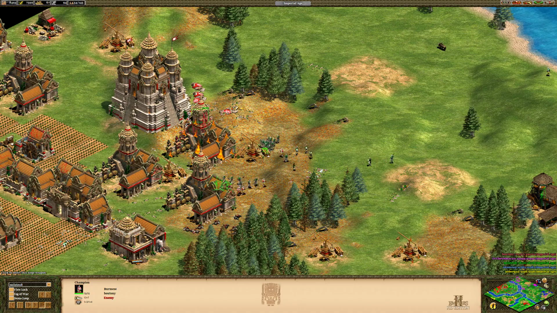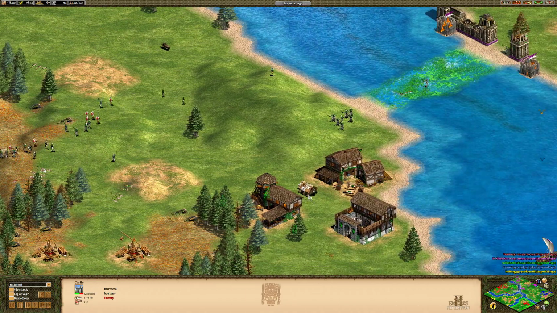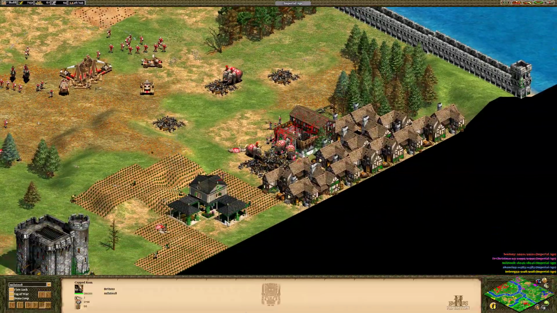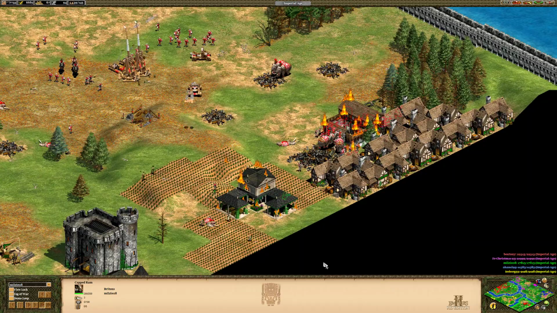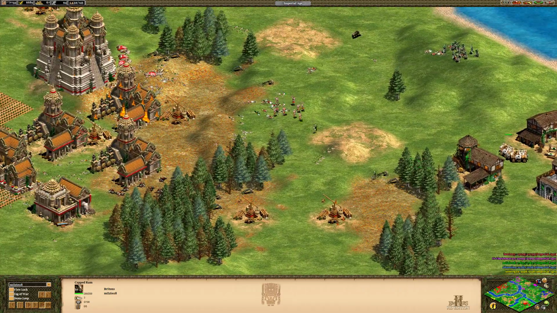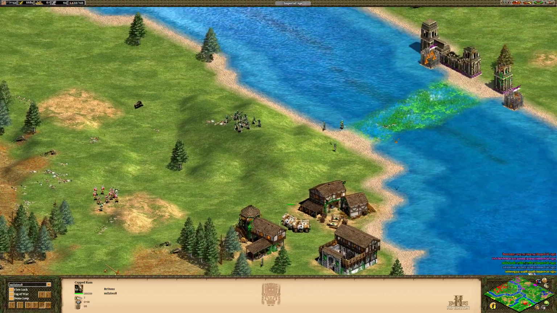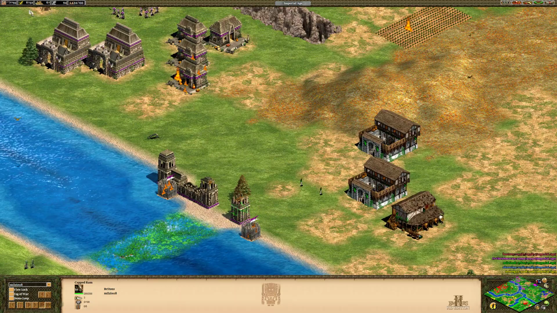But these champions are going to make short work out of these crap rams. All right. Going back down to the bottom. We got the last town center. We got a monastery. We got one more castle. Not looking too good. And we got some champions pushing forward. And looks like green is...